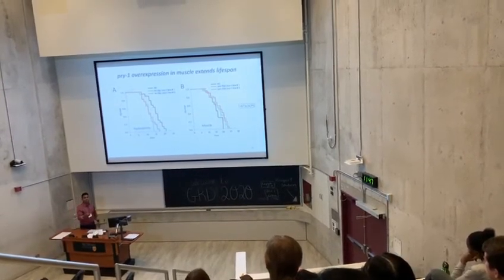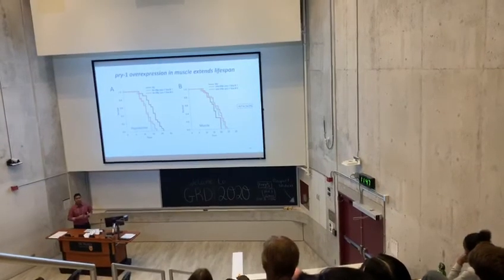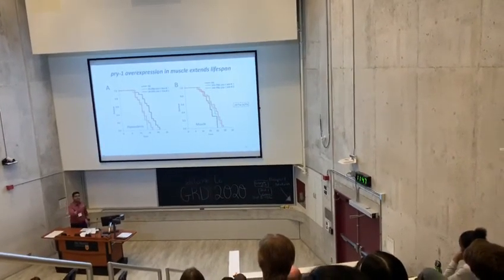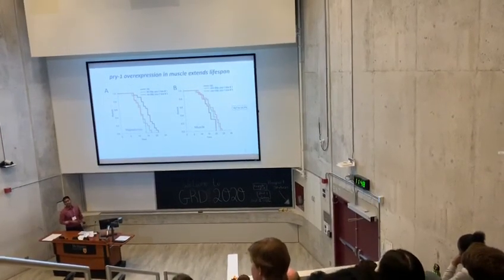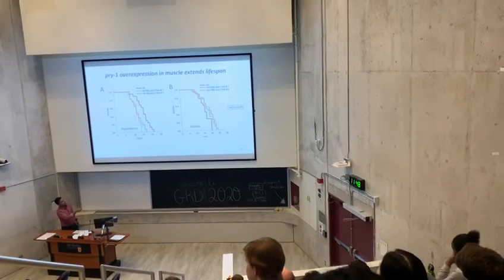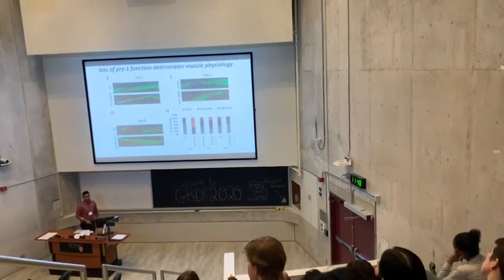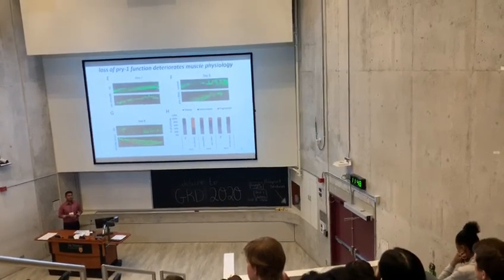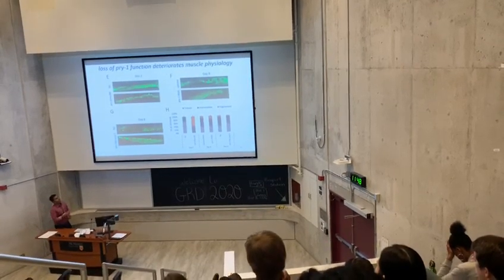If you overexpress Pry1, Wnt signaling is turned off or the Wnt signaling cascade is perturbed. But if you overexpress Pry1 no matter at which stage of the animal, it is beneficial and it extends lifespan, as you can see in the figure panel B. Next, to understand whether this extension in lifespan seen in the animals overexpressing Pry1 in the muscle, I also analyzed whether the